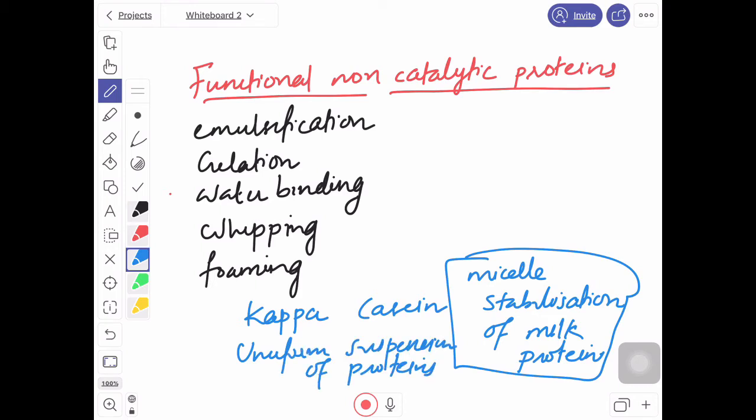This particular protein behaves like a lipid molecule where 2 by 3rd of the protein is hydrophobic and the 1 by 3rd is hydrophilic. So what happened? There 2 by 3rd hydrophobic,